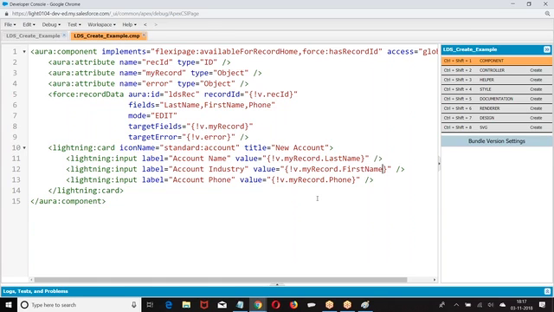This one. Now I told contact last name, first name, phone. I am going to add this component on account. When you add this component on account, it has nothing to do with the contact. So what was this? Contact name. Now what was the record I am